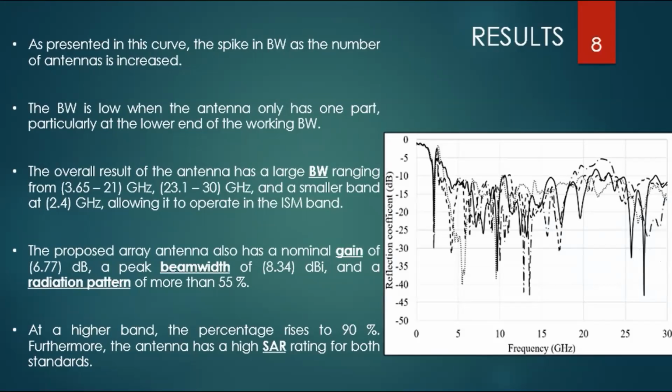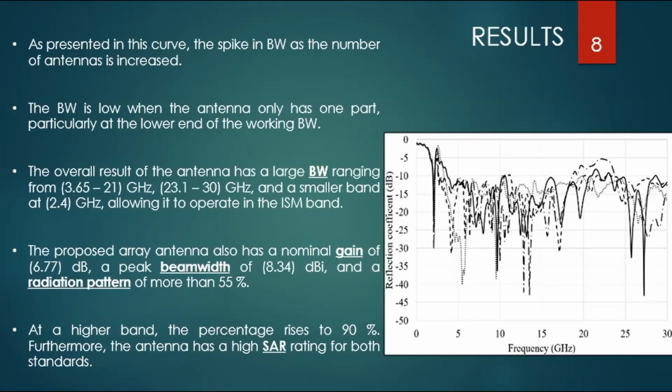So overall, the antenna has a large bandwidth ranging from 3.65 to 21 gigahertz and from 23.1 to 30 gigahertz, and the smallest band at 22.4 gigahertz, allowing it to be operated for applications for industry and medical, ISM band. So the proposed array antenna also has a nominal gain of 6.77 decibels